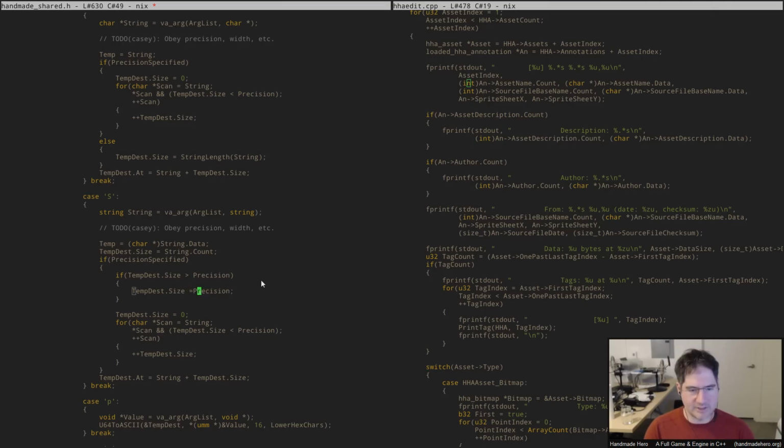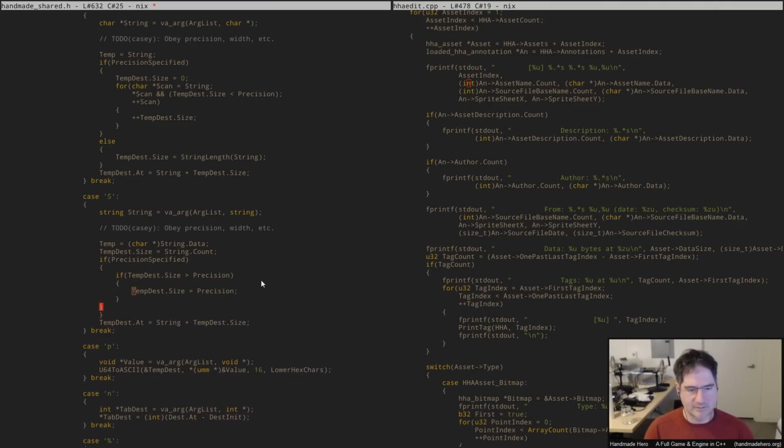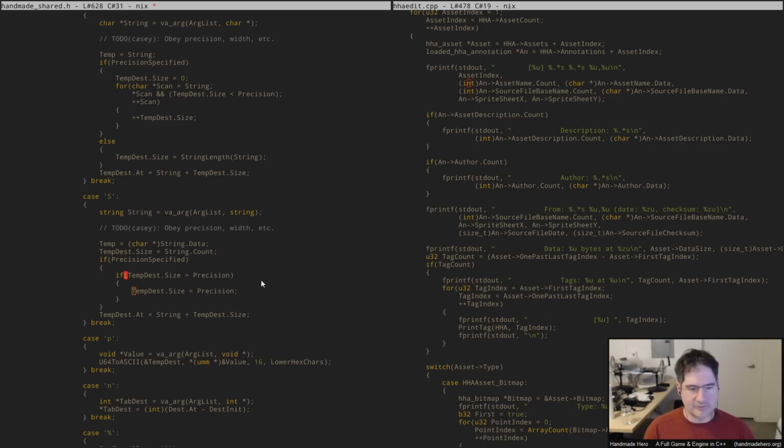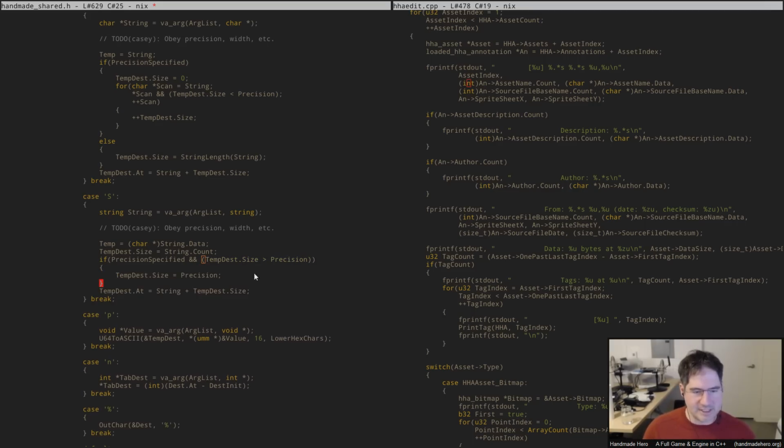But otherwise, you don't need to do anything, right? And so we can even make that part of a compound predicate here like this. And so if we would need to clamp, then clamp, otherwise don't. And then when we get the temp dest out of this, we would just say, okay, however much